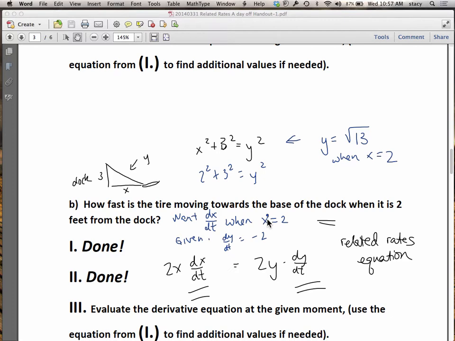So we want dx dt when x is 2. We're given that dy dt is -2. We were able to solve for y by using the original equation. So now we have everything we need to be able to actually find dx dt when x is 2. We can answer the question now, right? So dx dt,